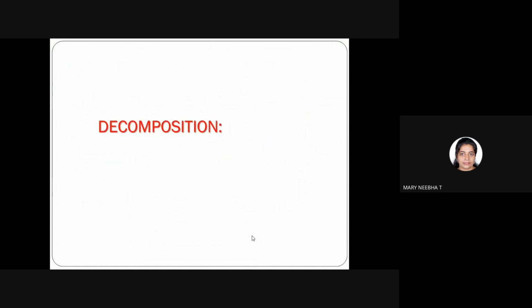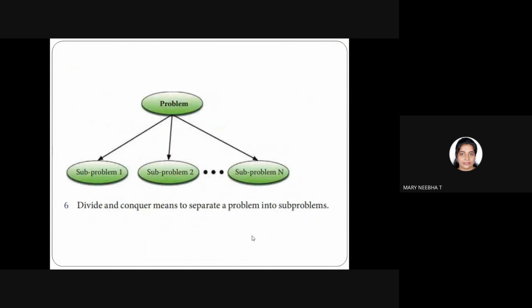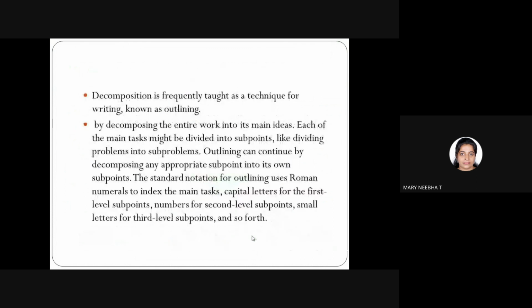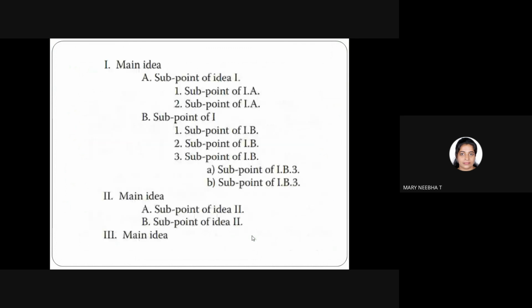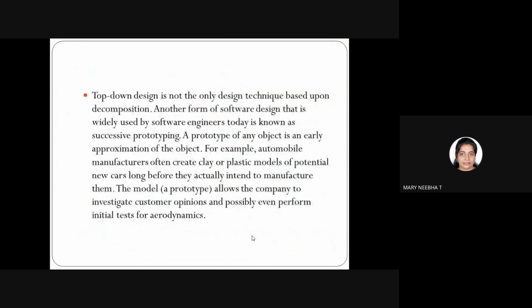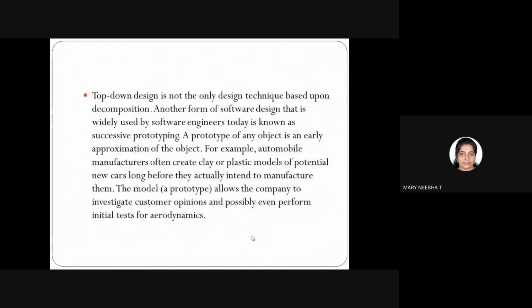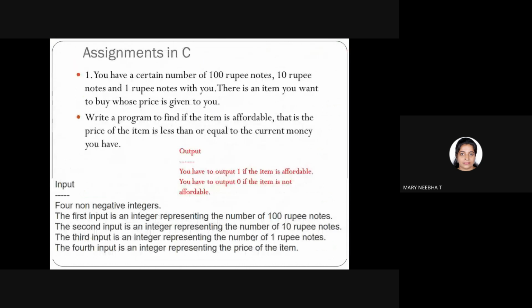The last strategy is decomposition. Decomposition, as its name tells, means we can decompose the problem into sub-problems and modularize it, and we can solve each problem one by one from the lower end or from the higher end. That is a top-down approach or a bottom-up approach we can have. So these are the main ideas, main strategies used in